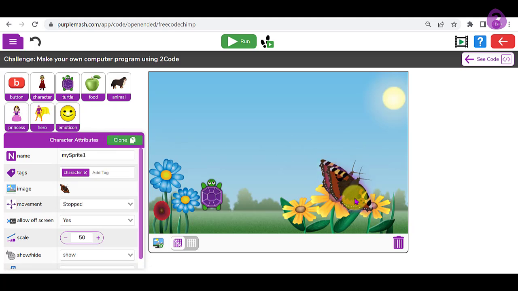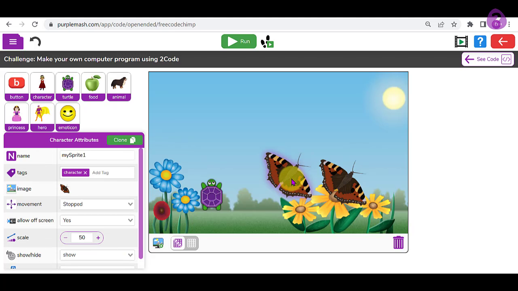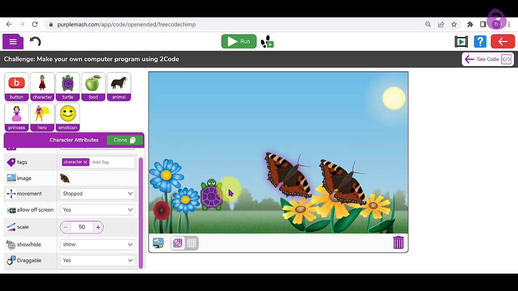clicking the clone button, and you'll see I now have two butterflies with exactly the same attributes, except that my second butterfly, my cloned butterfly, now has a different name. So I would need to rewrite that and call it butterfly 2. Let's have a look at the character attributes of a